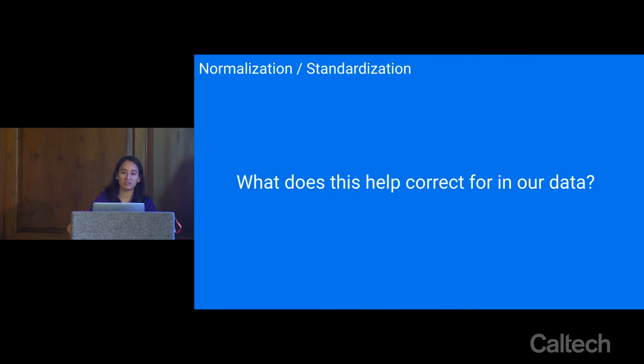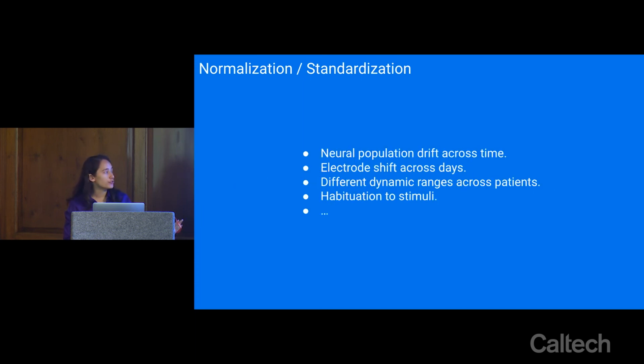Let's say you're doing an experiment for 3 hours and the mouse has learned it by the end. There's still a difference between the conditions, but there's habituation. So these are all important ideas that we need to think about. Yes, Nina? I was going to say, also for statistical analysis, you're comparing several variables and you want them to be on the same scale. Yeah, absolutely. So all of these are good points. These are just a few, and you guys covered most of them, if not all of them, but neural population